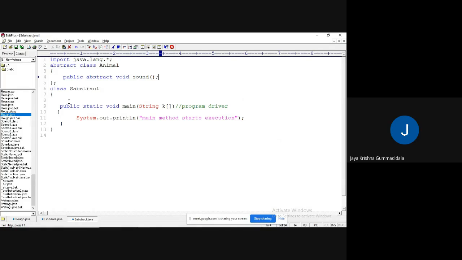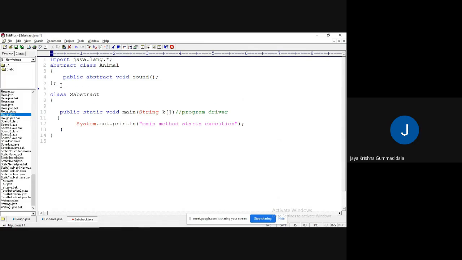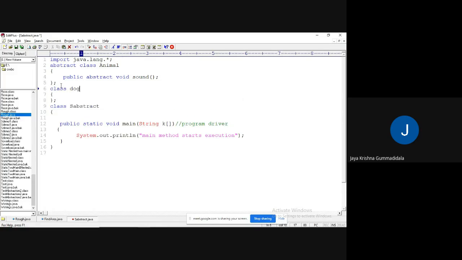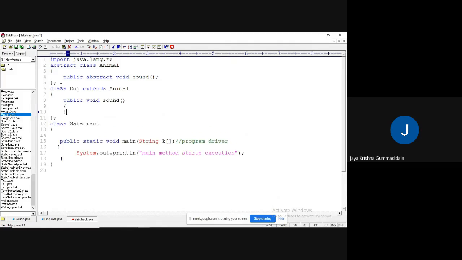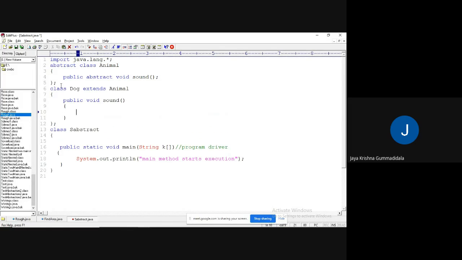That is the reason I am making it abstract. Then I'm going to make class Dog, with capital D, which is extending the features of Animal, and I'm going to write public void sound, overriding it. I'm going to write System.out.println of Dog sound.